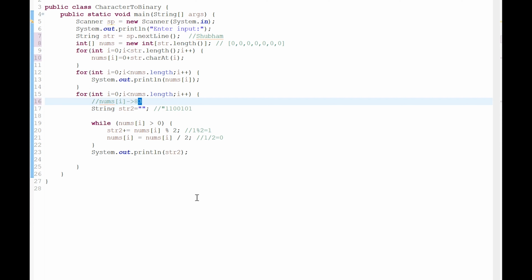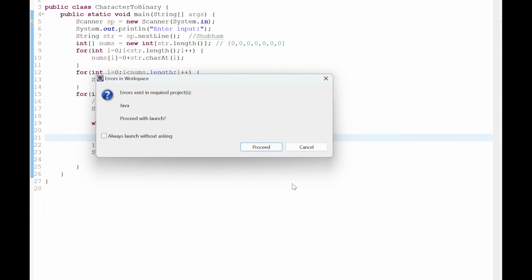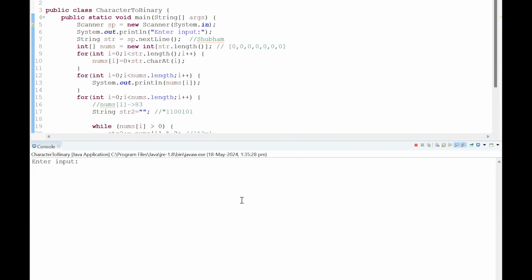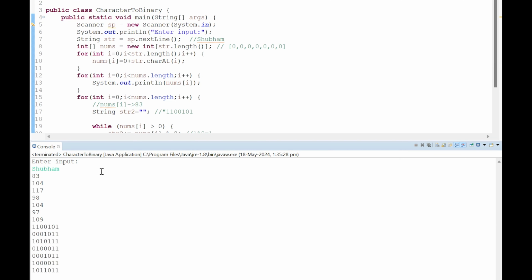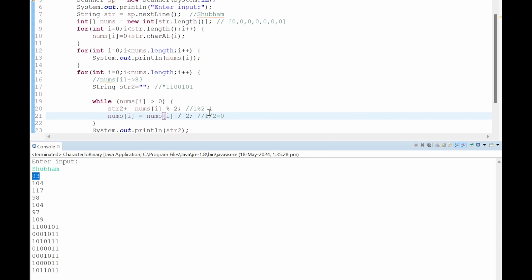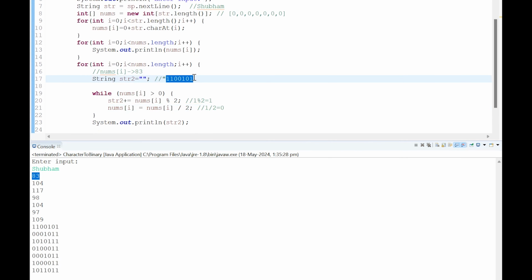Basically the same happens with the other decimal numbers stored in the nums integer array. So let's see the output. I input Shubham. The binary number of 83 is 1100101.